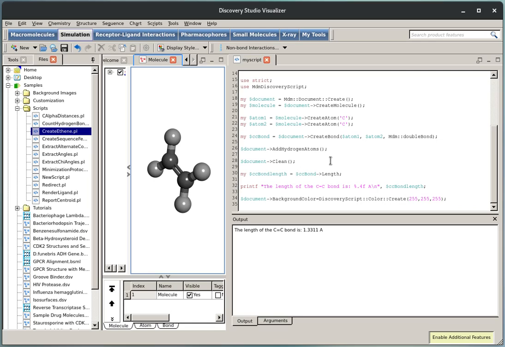So the next task is asking you to make a molecule of diazine, and diazine is very similar to ethene, except that it's got nitrogen atoms. So the question is, how can we change this to have 2 nitrogen atoms instead of 2 carbon atoms? The answer is quite simple. We can simply change the carbon that we've got there to a nitrogen and the other carbon to a nitrogen, and we can run it,